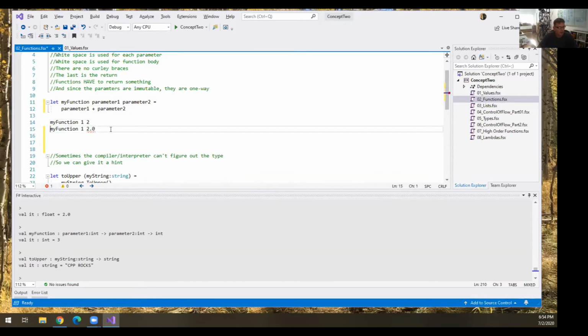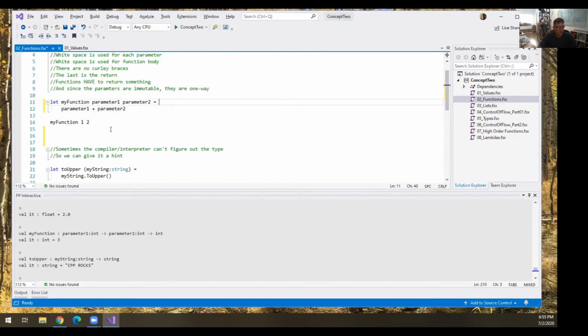So you say, well, I really want this thing to do floats. Well, there's a couple ways you can do it. I would do it like this, where I pass in a float. Oh, F# still surprises me sometimes.